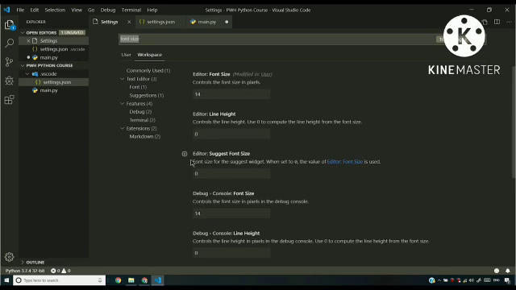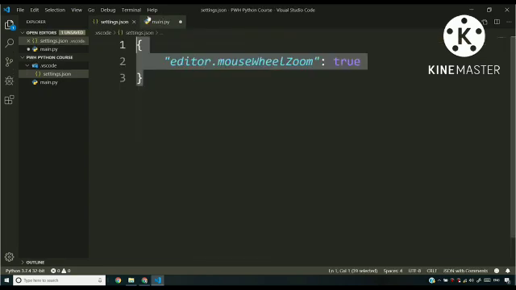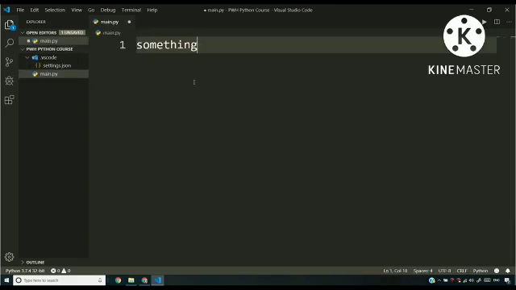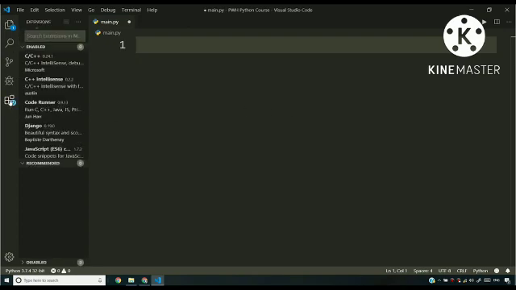I hope this is clear, and again, if it is not, keep watching the videos and keep absorbing the information slowly, step by step. I'll close this settings.json for now, and we will write our first Python program. But before that, you'll have to install some extensions. Now, what are the extensions that I recommend? First of all, you need to type code